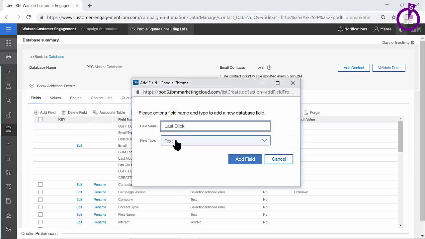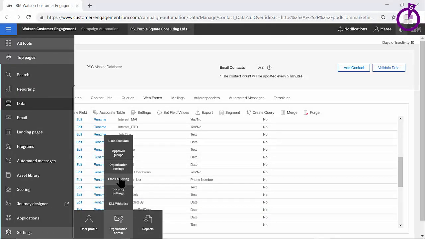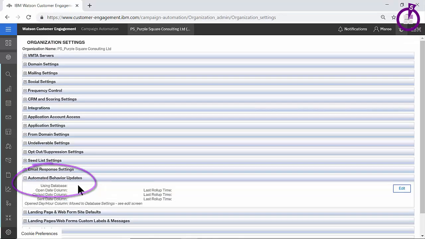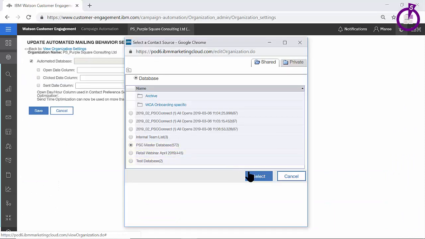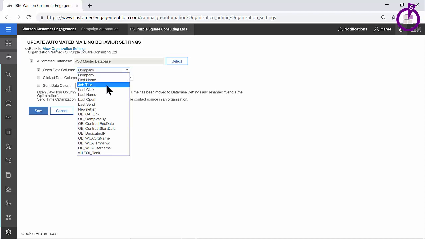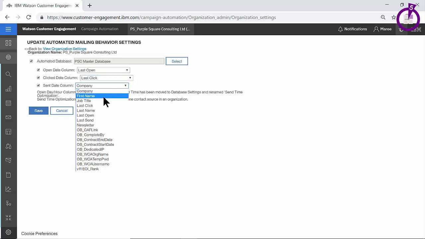Once the fields are created, an org admin user can enable automated behavior updates by going to Settings, Organization Settings, expanding the Automated Behavior Update section, selecting the database, and then mapping the last send, last open, and last click data to the new fields you've just created. The data for these fields runs overnight and automatically updates your database with the most up-to-date value for